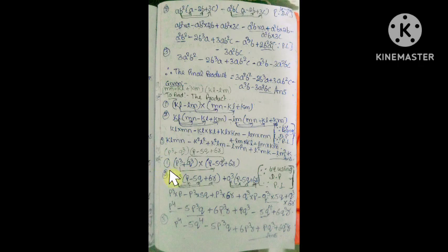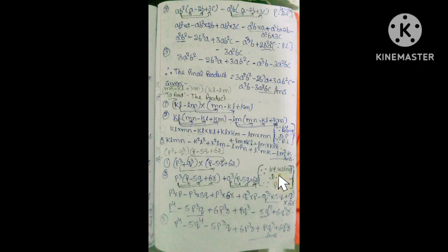Step 1: Write the product of the binomial and trinomial using multiplicative symbols. So PQ plus Q cube into 3P minus 5Q plus 6R. Next, second step: multiply each term of the first polynomial by each term of the second one, by using the distributive property.